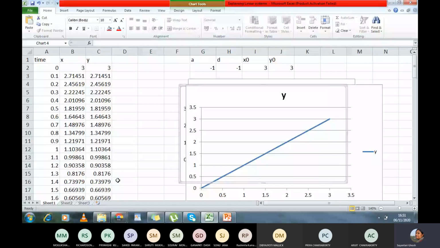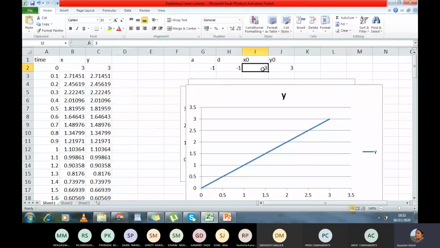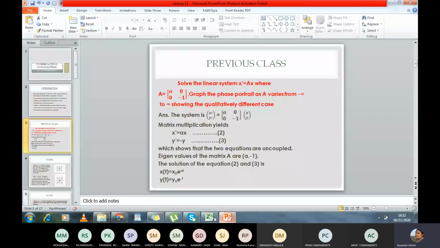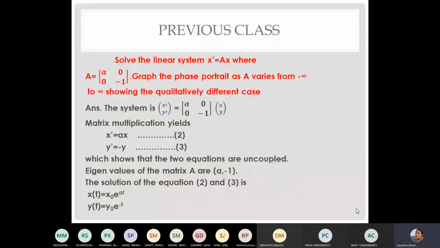So what do you have from there? A straight line. That is what you can draw from here. So this is how you can change your initial points and check how different lines can be created from this picture. Let me go back and revisit whatever we have discussed. Now I guess you will be more convinced about that.